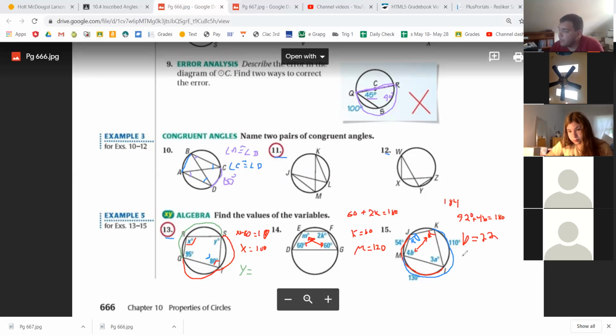I'll set it up for you guys: 120 plus 3A equals 180. That's a bit sloppy, but whatever. Subtract 120 on both sides. You got 60 equals 3A. Divide 3 on both sides. A equals 20. Okay? So what you need to remember is that the diagonals are